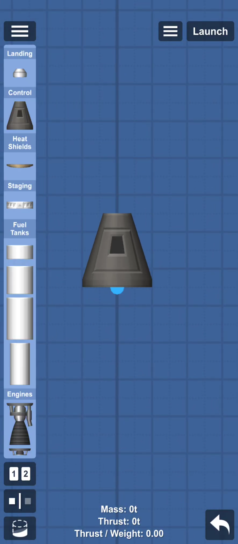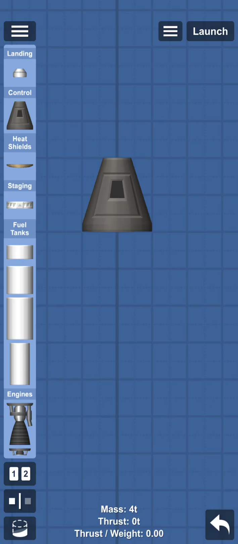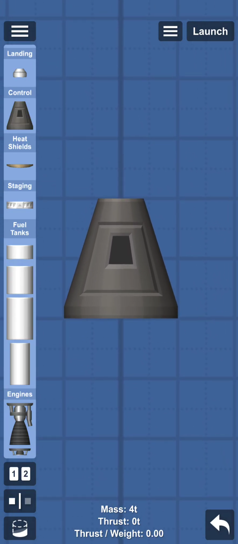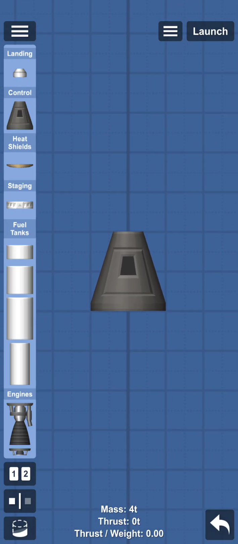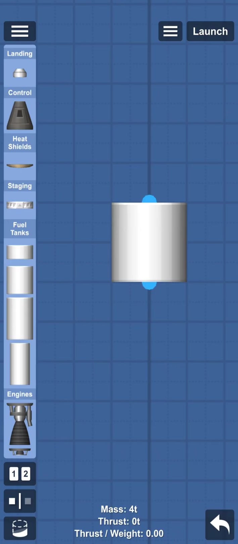Today I am playing Space Flight Simulator and I'm going to be trying to rebuild and remake the Apollo rocket. I'm going to do it kind of the way they did it. So we gotta do something like this. Alright, so I'm gonna